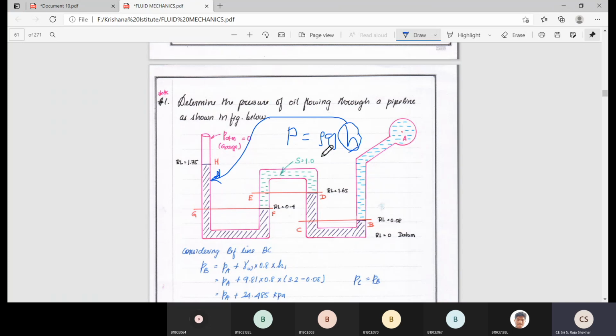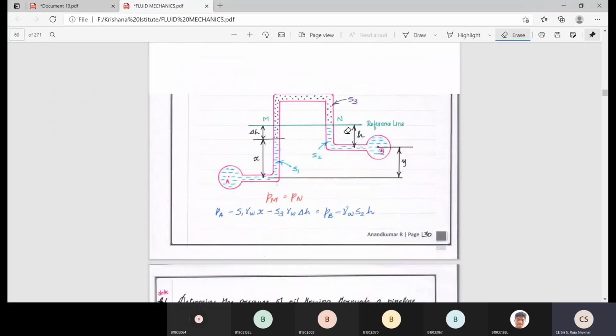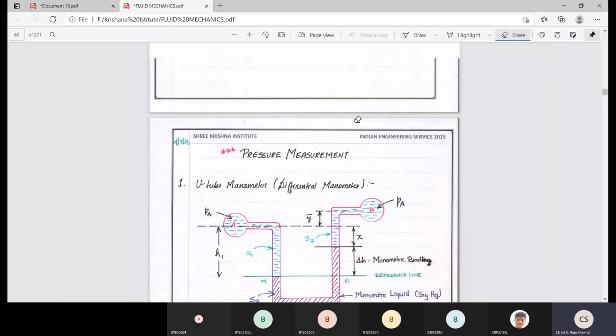From this, if you calculate the rho G and H value, you are going to get the pressure in Newton per meter square, or Newton per mm square, or kg per cm square. So this is the use of the piezometer. A piezometer is a device which is used to measure pressure at a section in a closed conduit or closed pipe, a pressure pipe. At any one section of a pipe, if you